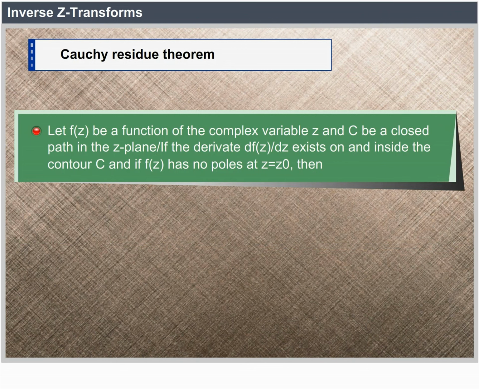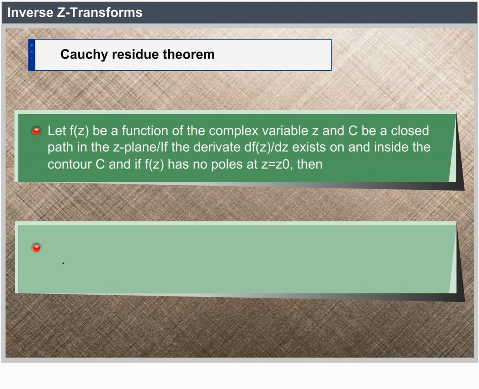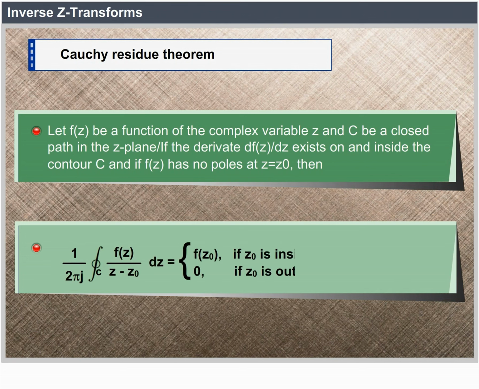If the derivative df(z)/dz exists on and inside the contour C, and if f(z) has no poles at z equal to z0, then 1 divided by 2 pi j closed integral f(z) divided by (z minus z0) into dz equal to f(z0) if z0 is inside C